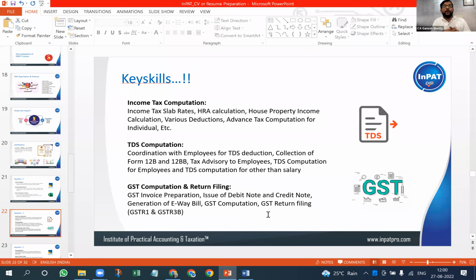Next one is GST. What have you learned from GST? I learned so many things: GST computation, invoice preparation, and e-way bill using simulation. You should always highlight this. I know GST returns, GSTR-1 and 3B, being a fresher. I know GSTR-1 and GSTR-3B in real time. How is that possible? The employer will be surprised, so you should give a clarification, sir, I will join an institution wherein they give us simulation access, simulation software. They will give it to us and we file the return in real time. If you have not done this, you have to contact your faculties for it, right?